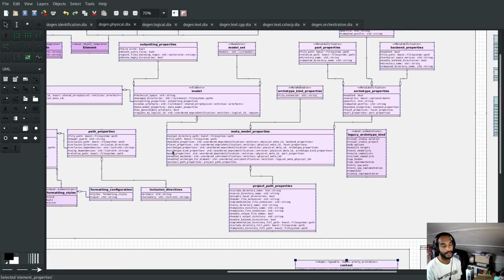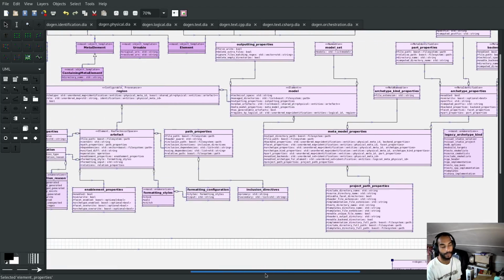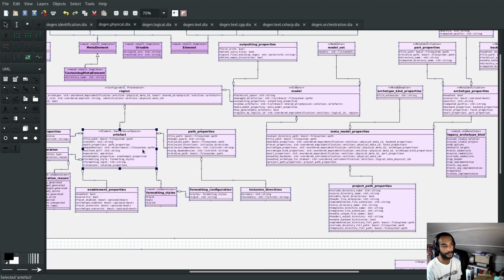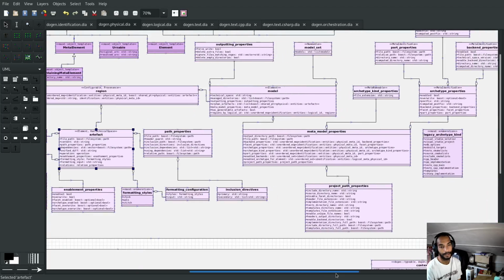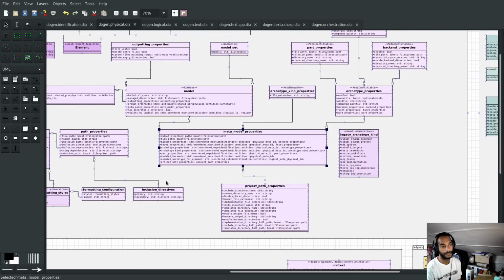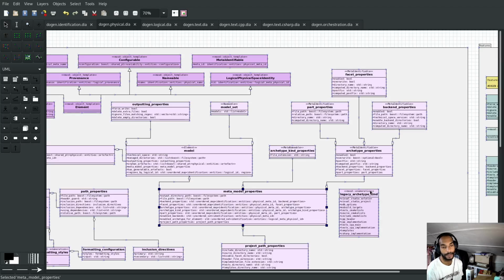Because at the end of the day, it's not like when we're processing a given artifact, we need visibility of other artifacts. In reality, almost always, all we care about is the Metamodel properties. In other words, if we've made some configuration changes to the metamodel, we need to see them. And the Metamodel properties happen to also include